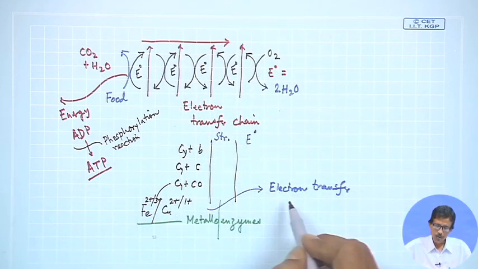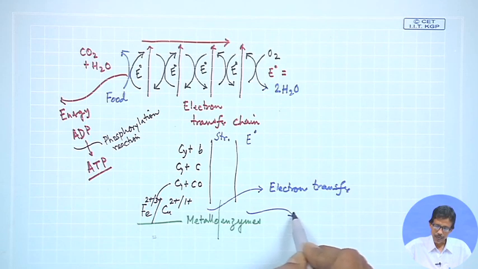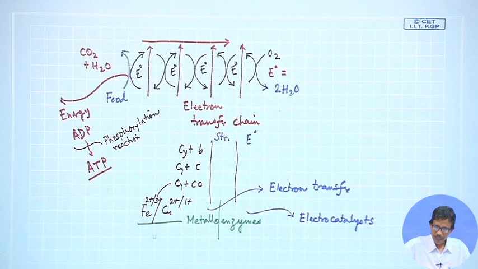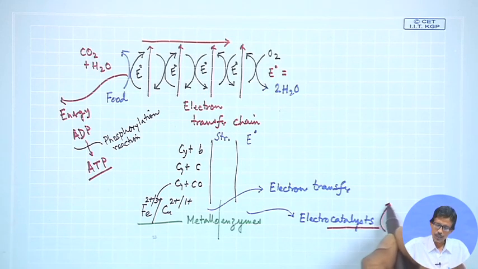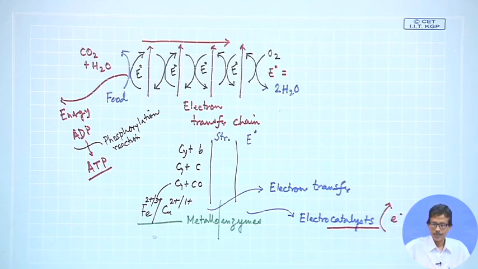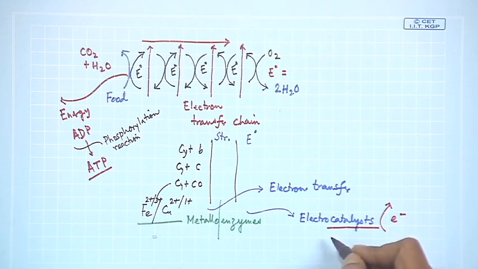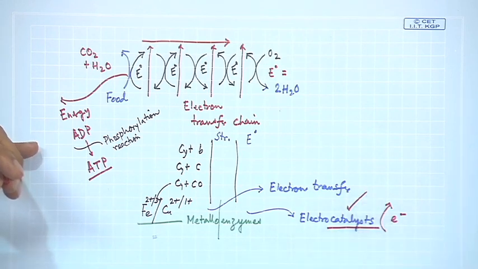So, you have enzymes, you have electron transfer, so it can be termed an electrocatalyst also. Our idea behind all these studies and knowing the corresponding applications is how we can get a catalyst which can show some reversible electron transfer reaction. We have to develop a catalyst, not some other catalyst we know that does not go through electron transfer reaction. So, they are redox catalysts or electrocatalysts, because developing these can solve so many problems related to electron transfer, and we have to develop this good material as the catalyst.